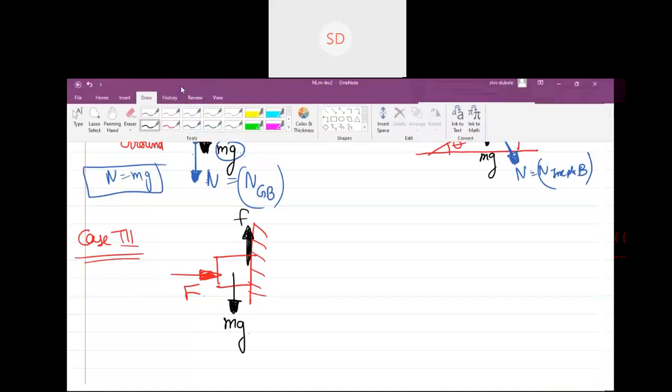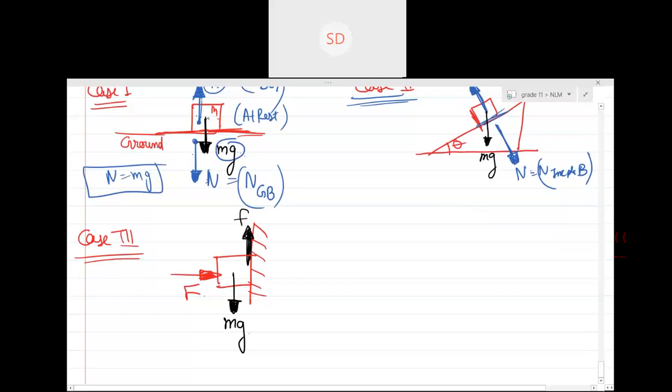But here in this case, the normal reaction, can you see the surface is like this? If the surface is like this, then the normal reaction acting on this surface will be this side. And this will be the normal reaction on the block because of the wall. So it will apply an equal and opposite force. Okay guys, are you seeing how you draw the normal reaction, perpendicular to the surface which is in contact? Okay. Is this clear?